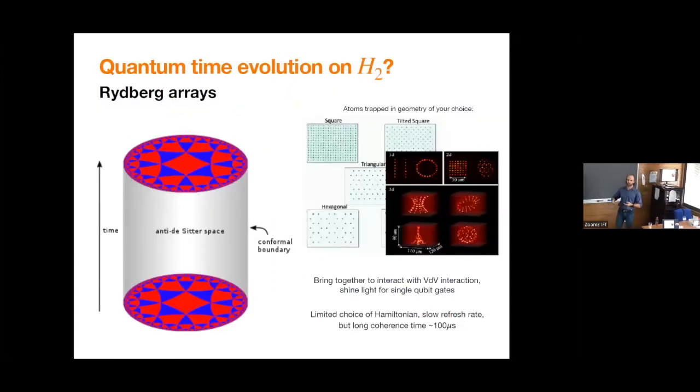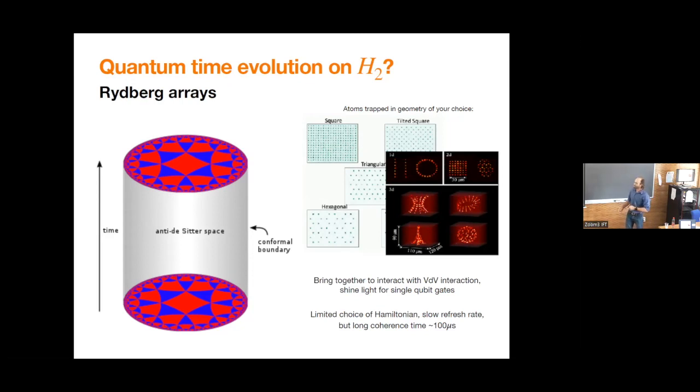And so what we're hoping to do is now do a quantum time evolution of this thing. So actually build a qubit array that has the geometry of hyperbolic space, and then do time evolution of that thing forward. So a 2+1 dimensional theory, and study AdS/CFT in a fully quantum mechanical context. And this is where those programmable Rydberg arrays come in, which are really neat. You can build all kinds of things with these Rydberg atoms, which act as your qubits. So here's a picture of the Eiffel Tower, if you can see it. Here's this